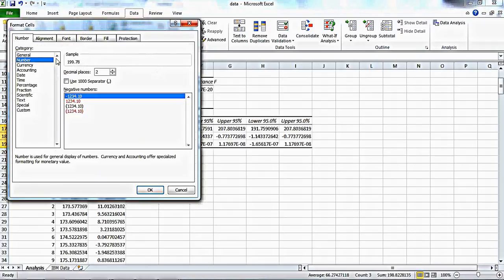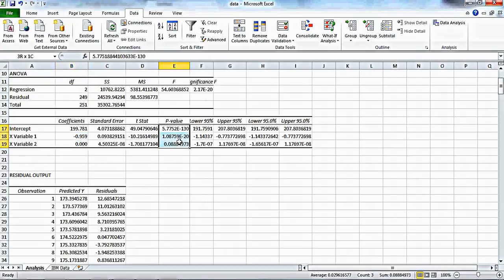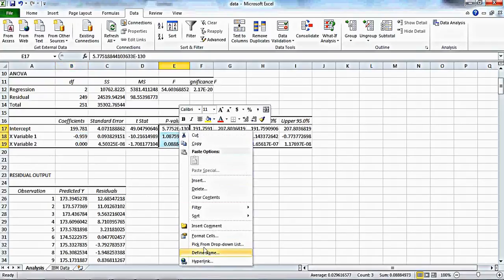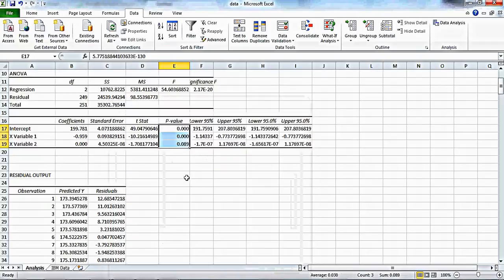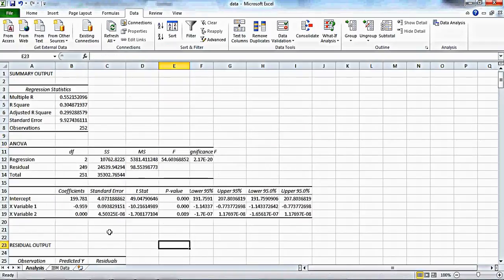And for this instance, we're going to treat them like numbers, and we're going to have 3 decimal points, as well as the p-values. These are the values that help us determine whether or not something is in fact significant. So as you can see here, we have 2 variables. This was the HP closing price, and this was the HP volume,